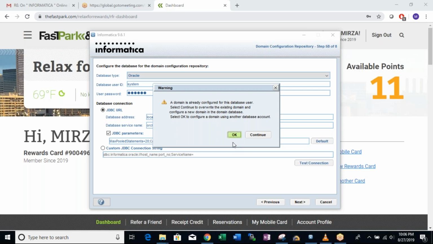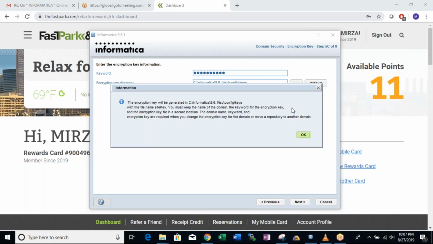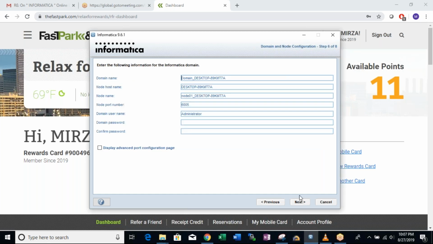Click on continue. Here you can give your name, Mirza at 1234. Next. Here the domain username is admin; just keep it as admin.